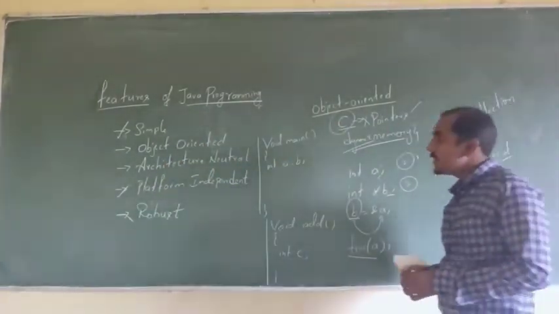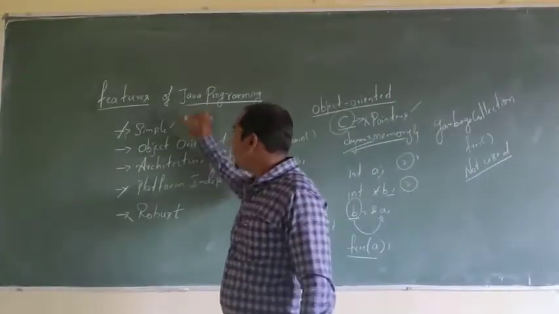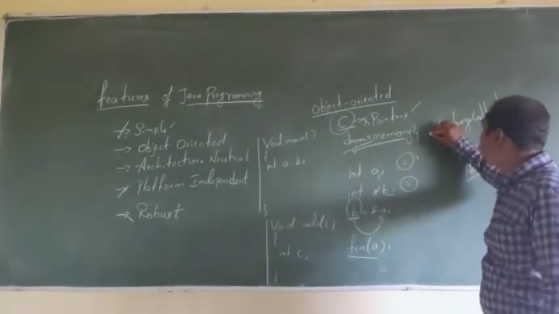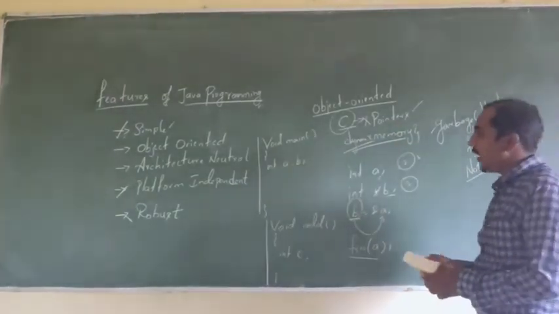So why is Java called simple? First reason, it does not have any pointers. Second reason, we have a concept called garbage collection. Other than that,